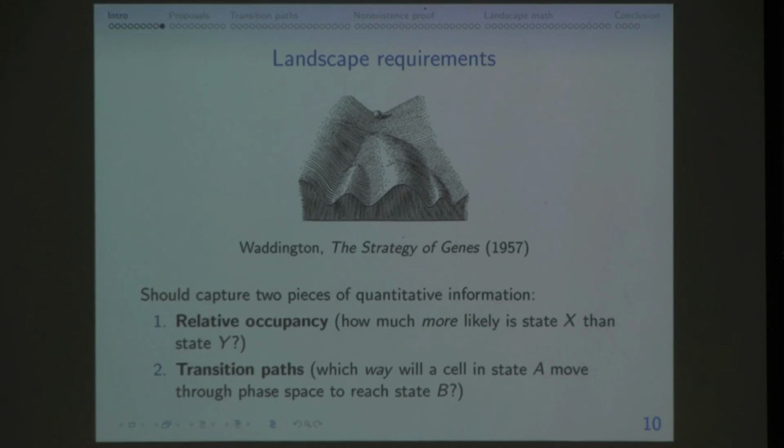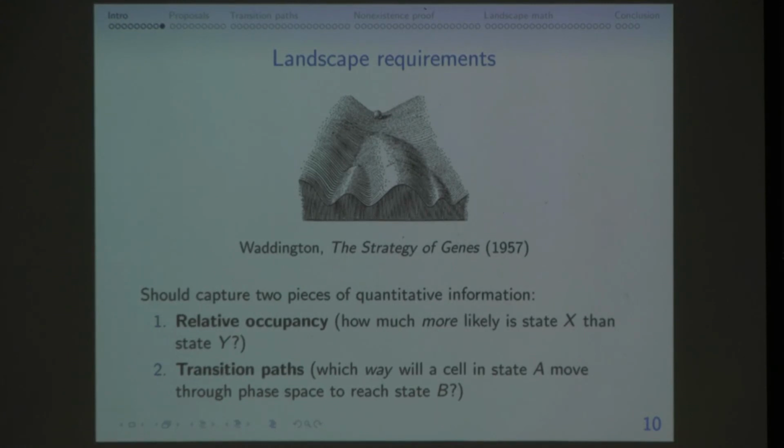For example, does anyone here know how many more skin cells there are than heart cells? Like an order of magnitude? Dr. Wishwood, do you know? Well, I don't know. Suppose there's 300 times more skin cells than heart cells. It's probably not the real number. Then you'd expect somehow the well corresponding to skin cells would be like 300 times bigger or deeper or something than the well corresponding to heart cells.